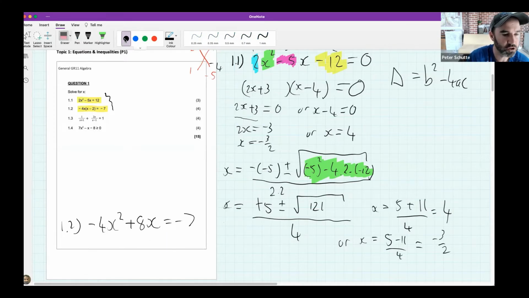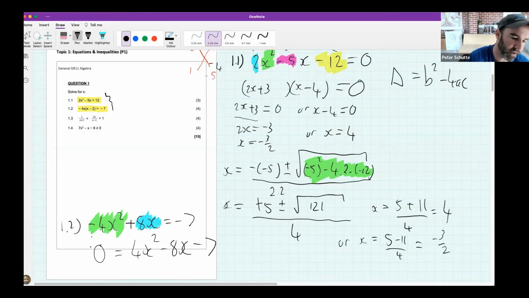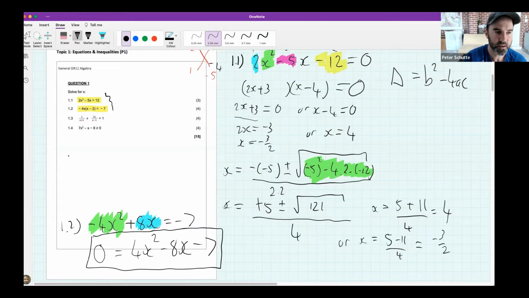What I just want to suggest is some students might find dividing by negative 1 a bit tricky. So you're completely correct, and you'll see we get the same answer. But what you could also do is move the 4x squared to the other side. And if you had that, you get a positive 4x squared on that side. And I'm also going to move this 8x, and that's going to become minus 8x. And now I've got my standard form, in the same way that we would have got the same answer as you. And so then the final part to get my answer, Nolwazi, how did you solve